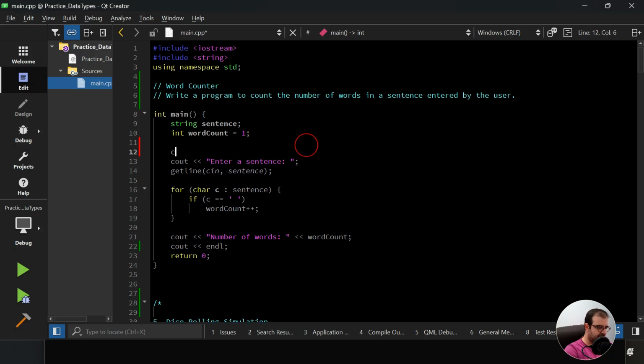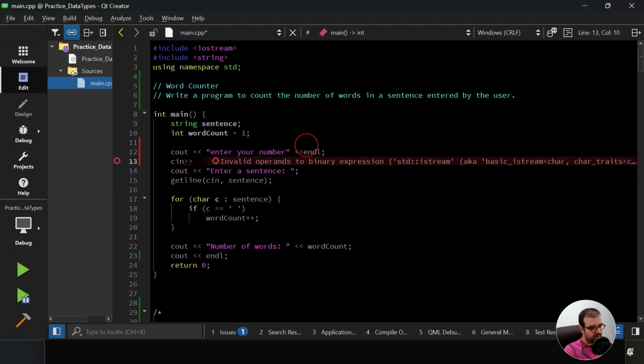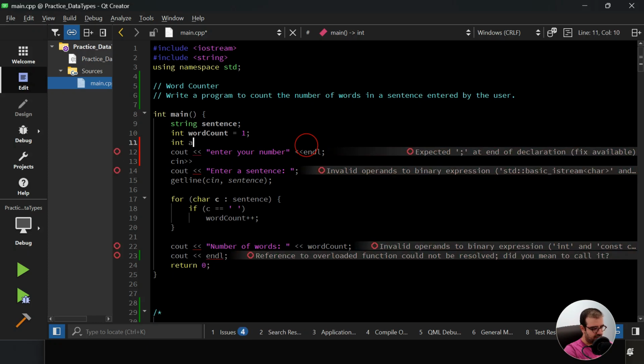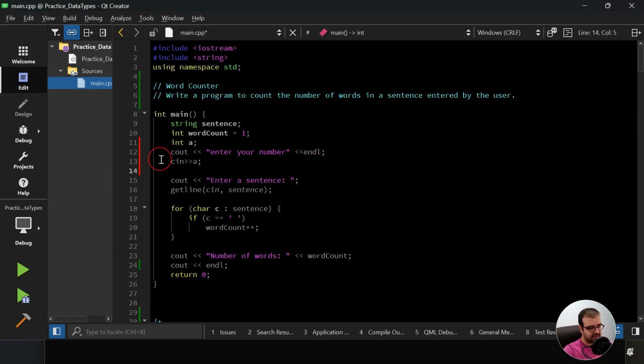Previously, we learned that we can cout "enter your number", and then we had cin to store the data, for example int a. Previously, we were using this keyword to store anything. But using getline means that when we have more than one word, we must use getline because cin cannot understand